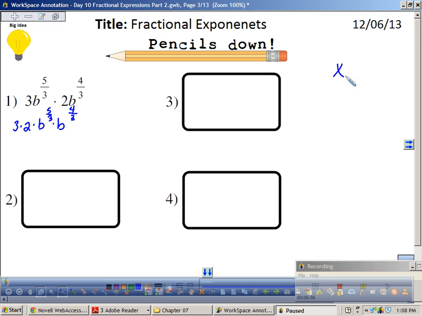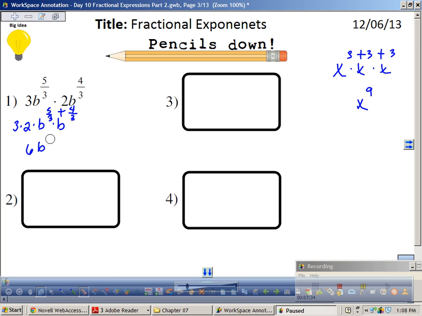Now let's put a little side note over here. If I had x to the 3rd times x to the 3rd times x to the 3rd, how many x's do I really have? I have 3 plus 3 plus 3, right? X times itself 9 times. So I have the same thing here. As long as I've got common denominators and common bases, I can add these 2 fractions. So I've got 5/3 and 4/3, so I really have a total of,